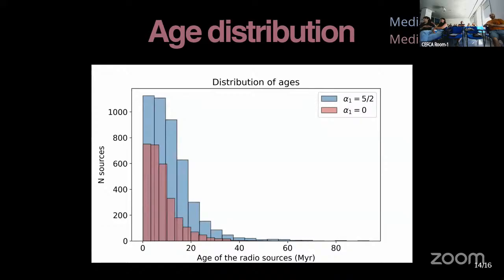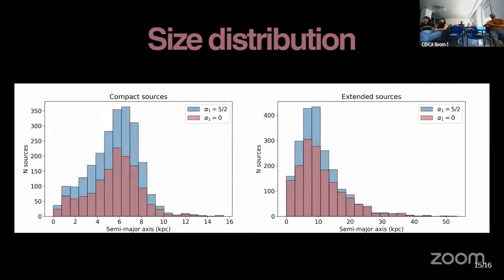They're both very similar between the two alphas. The main difference would be that alpha 1, the first case, has an older median. The jets are a little bit older, and there are more good fits in this case. But overall, we see that we got really young jets. We can also study the size distribution. For the purpose of the calculations, we divided them into compact sources and extended sources. But as you can see, they're really compact because most of the sources have sizes below 40 kiloparsecs. So they're really compact in general.